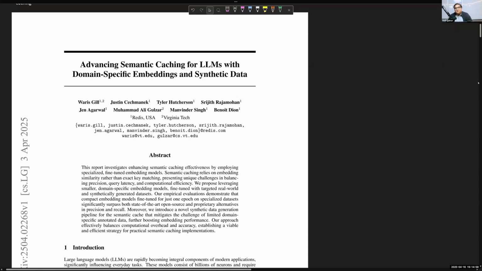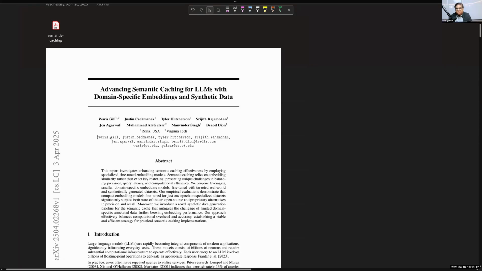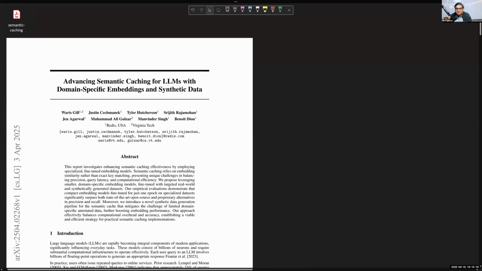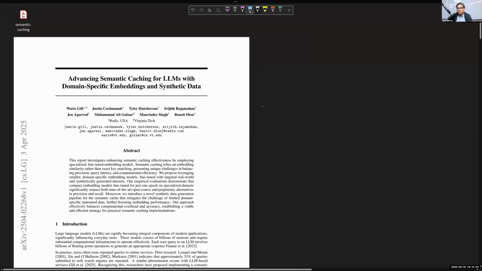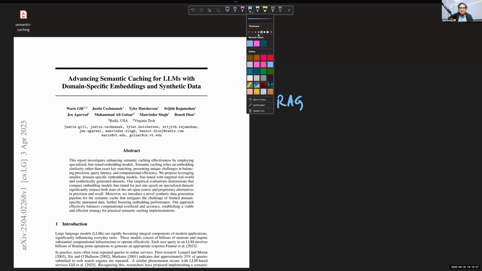It's actually a surprisingly simple paper, but it addresses one of the very common optimizations that people try to do in the context of RAG. So in RAG, it's very common to ask this question. Let me give you a small brief on RAG. Just as a simple term, a RAG is a query goes in, RAG is essentially